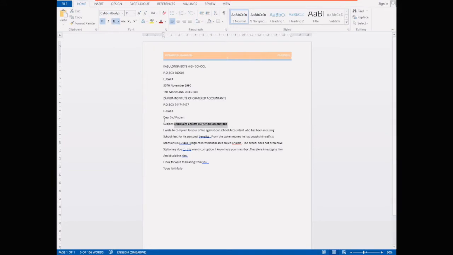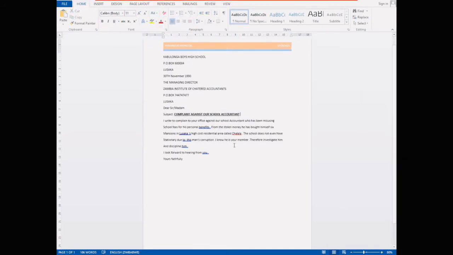You go to U, the U with the dash below, that means you've underlined the text. The slanting I means italic. So once you click on that and it changes to blue, that means the text has been italicized. Okay,